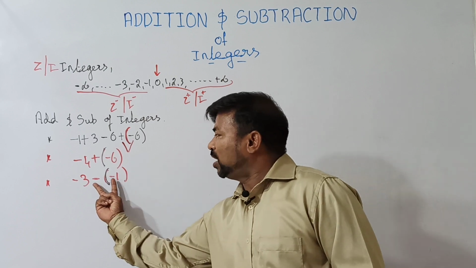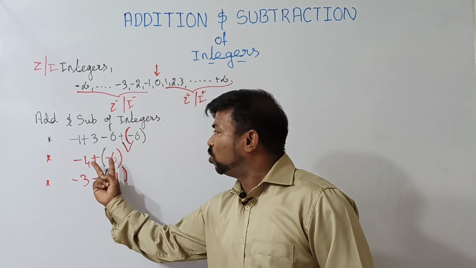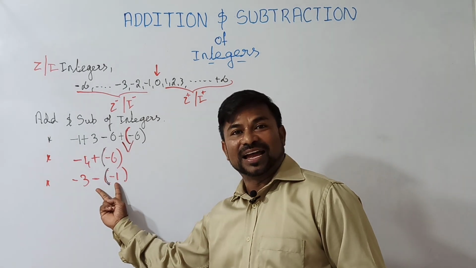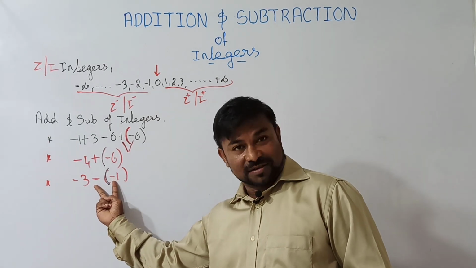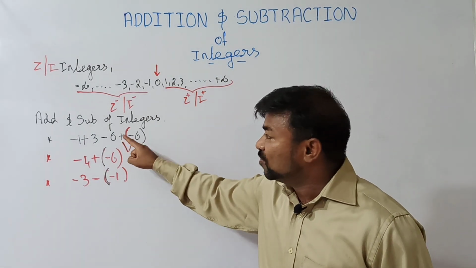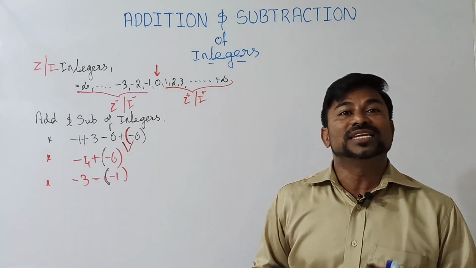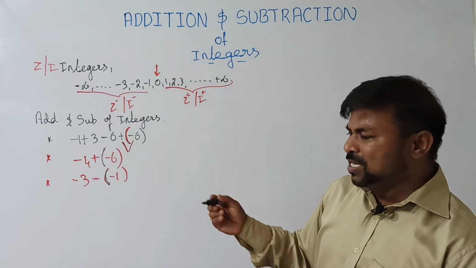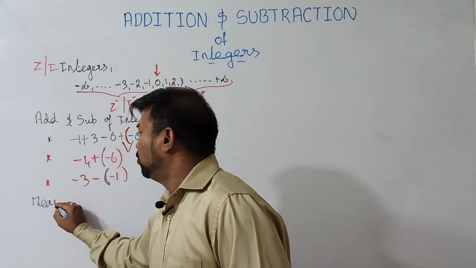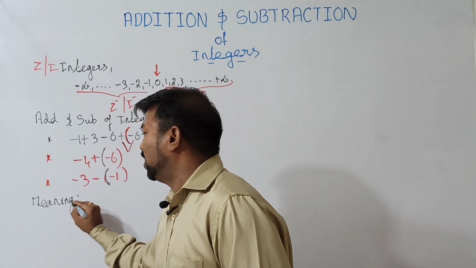Okay, so see here, what we are supposed to do this and what we are supposed to do this, right? They are having different signs. Right here they are having same signs, and here we are having different signs. Here also we are having different signs. Here what we are doing, so what is the meaning of that? Let us come to the meaning here.